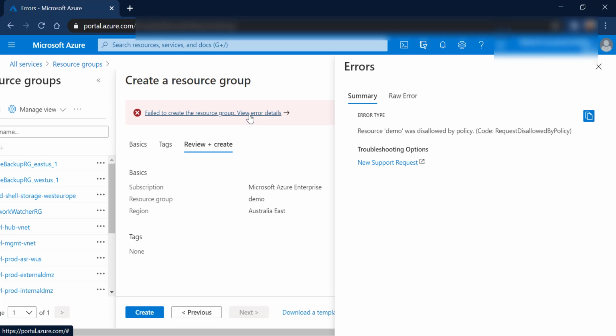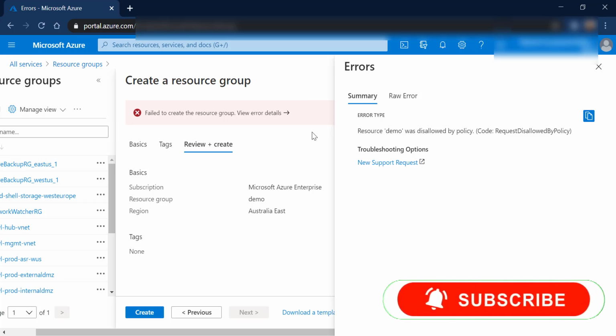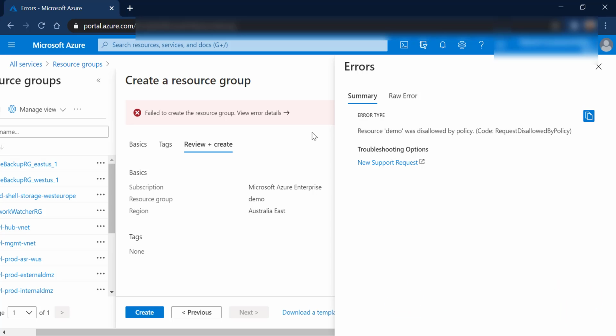This is the kind of error, because as soon as I click on create, the portal is calling the Azure Resource Manager REST API, which is making a call to Azure Policy, and Azure Policy is saying, okay, you are not allowed to create any resources in Australia, because your policy says that you are only allowed to create resources in East US and West Europe.